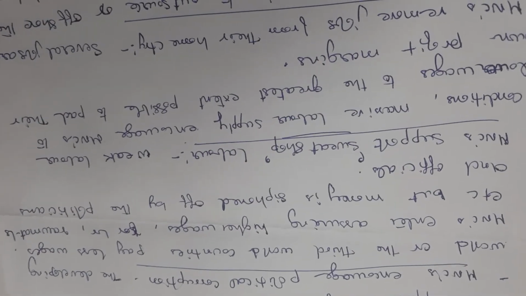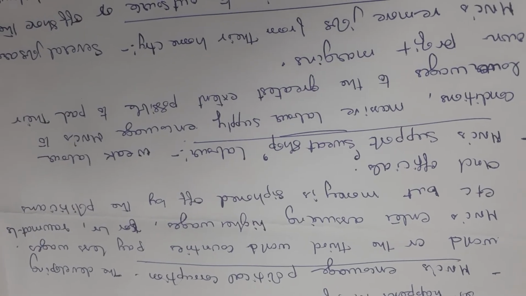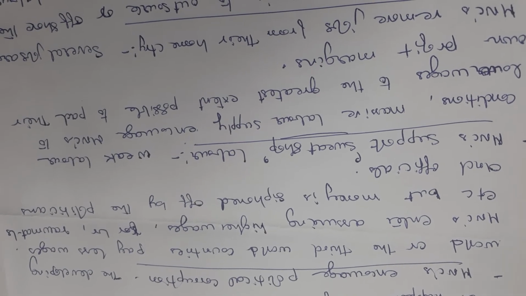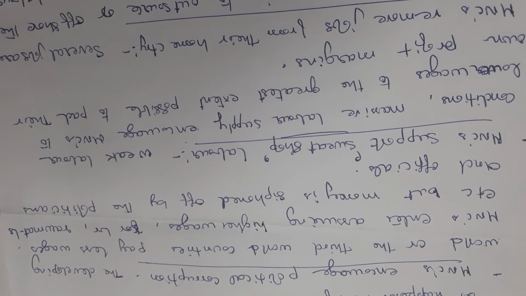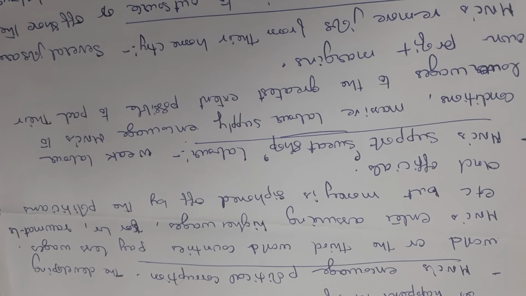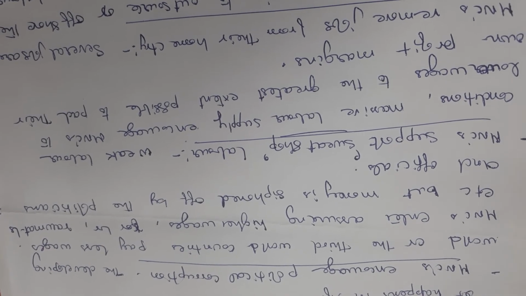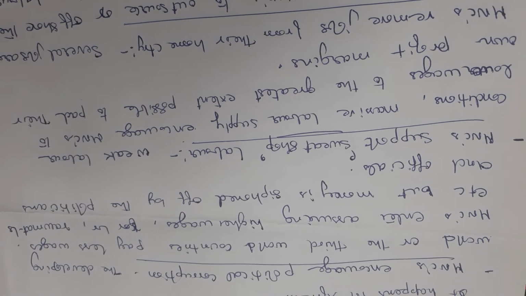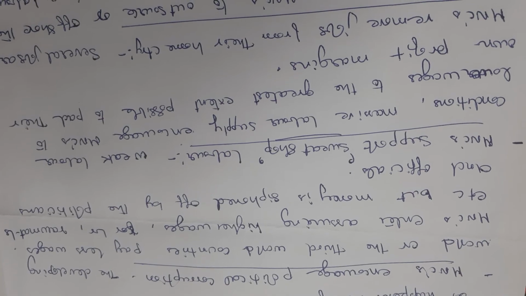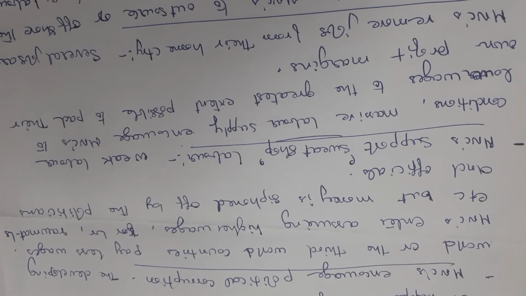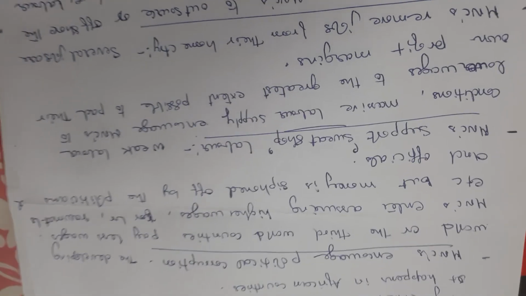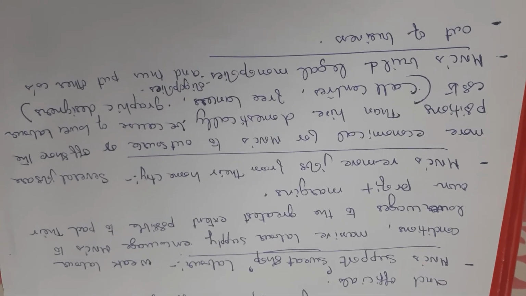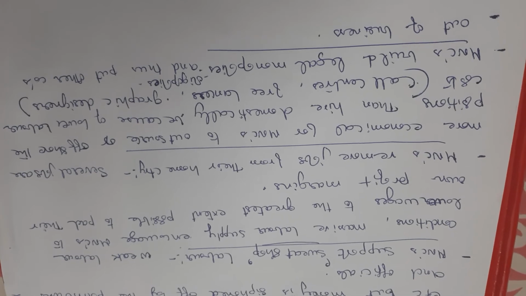The developing world or third world countries pay less wages. But what happens when the multinational corporations enter such countries? They promise higher wages for labor and also for other factor incomes for raw materials, etc. But money is siphoned off by politicians and officials, and ultimately these laborers are still paid lower wages. That is how they encourage political bureaucracy and corruption.